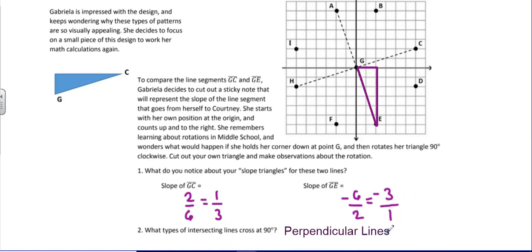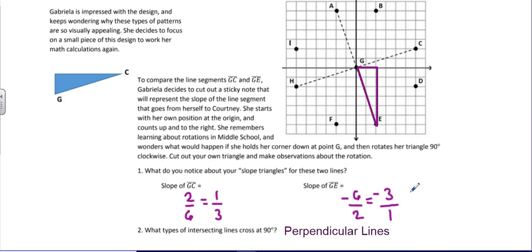So when lines are perpendicular, you have what's called opposite reciprocal slopes. Opposite because one is positive and the other is negative. Reciprocal because the fraction has been flipped. So 1 over 3, and this is negative 3 over 1. This means that if you have lines that have opposite reciprocal slopes, those lines cross at a 90-degree angle,